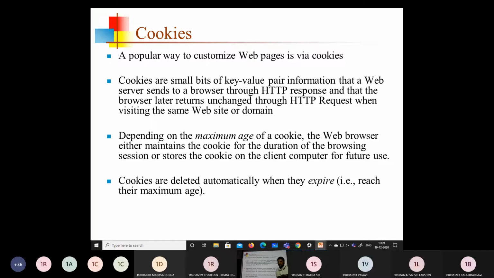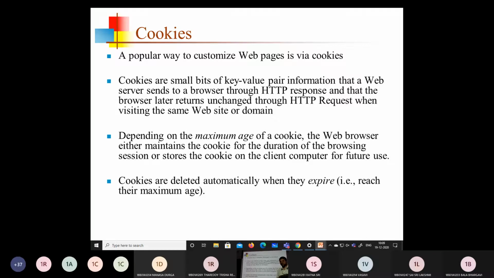One is the HTTP session object, the second technique is cookies, the third is URL rewriting, and the fourth is hidden form fields. These are the four different ways we can do session tracking in websites whenever the clients interact with the website during the session.